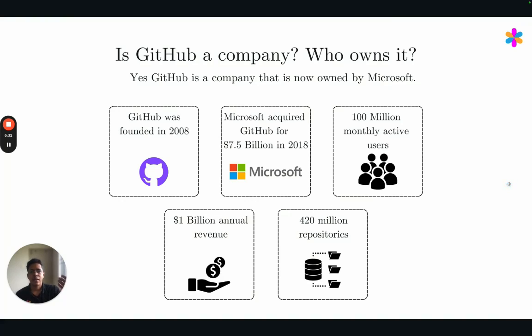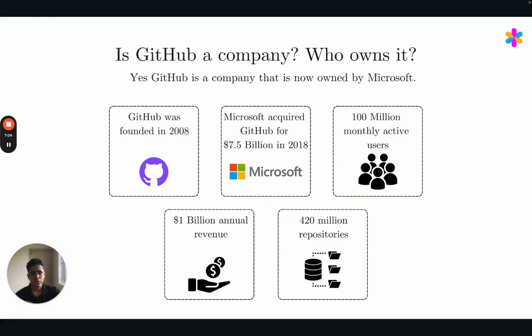And as I mentioned, GitHub is right now a company that is owned by Microsoft. They were founded separately in 2008. And then 10 years later, in 2018, Microsoft acquired GitHub for $7.5 billion. I think it was one of the top 2 or top 3 acquisitions by Microsoft. Microsoft had acquired LinkedIn for, I don't know, $40 billion or something like that. And GitHub was also a significant investment made by Microsoft in terms of acquisition.